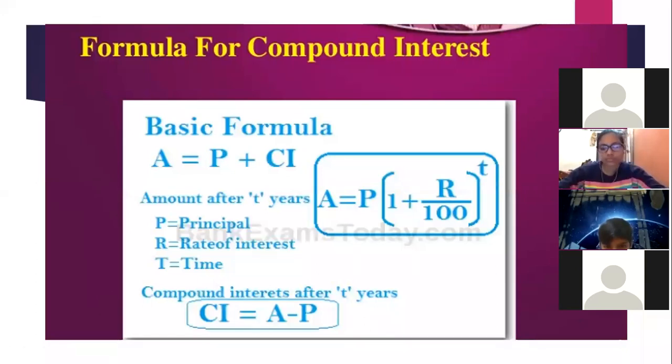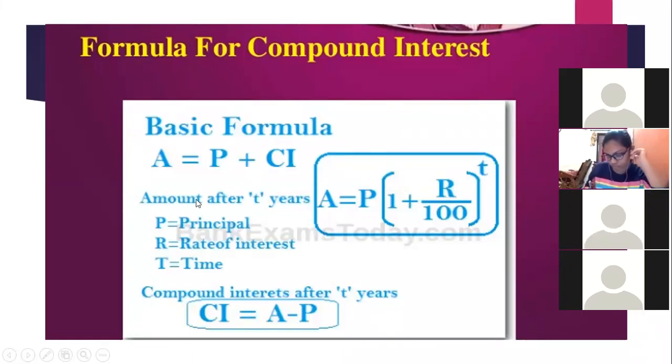Now, please be ready with your notebook and just see that I have flashed this formula. Basic formula of simple interest and compound interest amount is same. In simple interest, A is equal to P plus SI. In a compound interest, amount is equal to P plus CI. Here CI is compound interest. And how do we calculate this amount? This formula is written inside this blue box. Please copy this formula also and write the meaning of these letters which are used in the formula. Although you all are aware of this, P is principal, R is rate of interest, T is time.